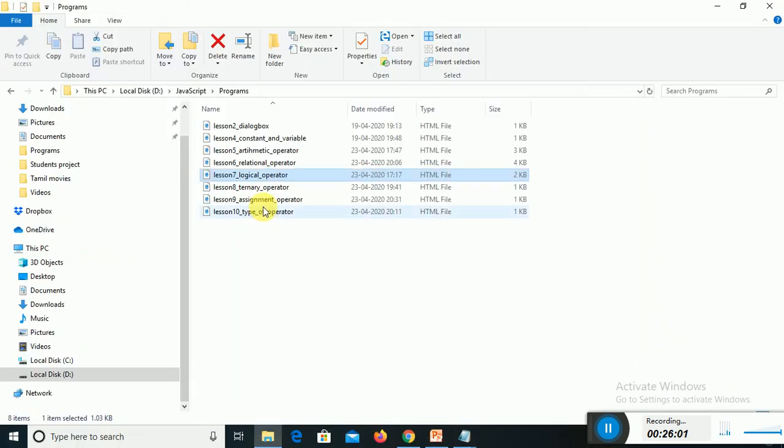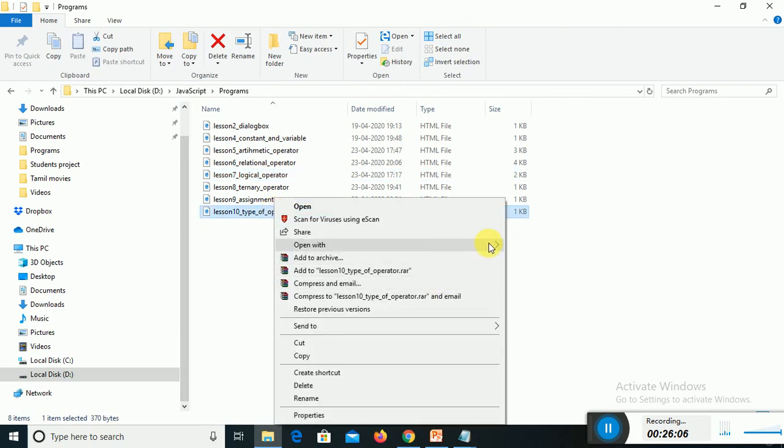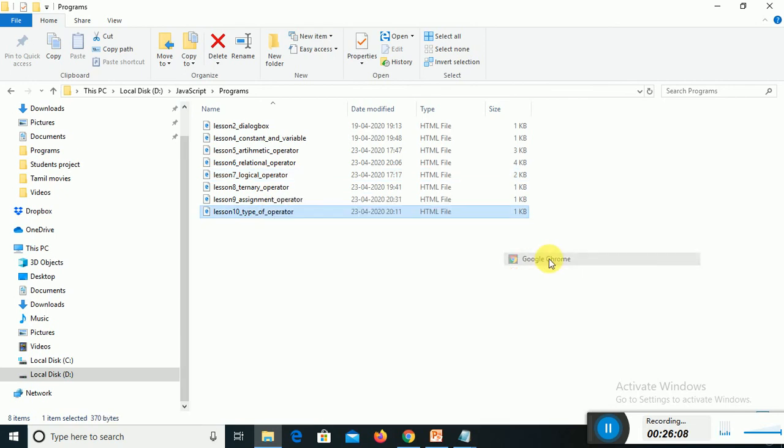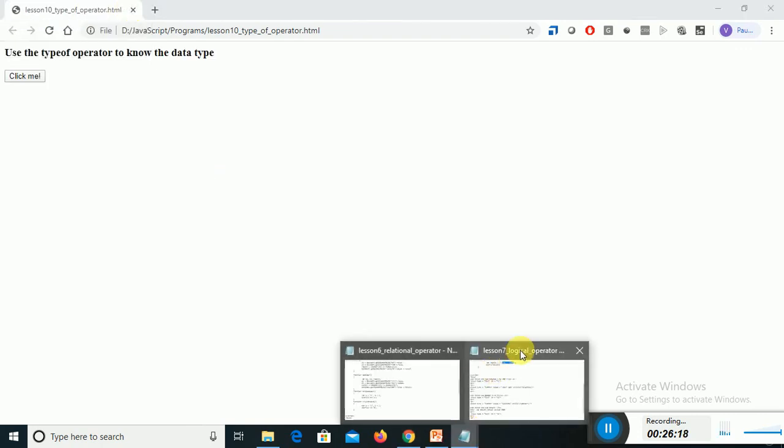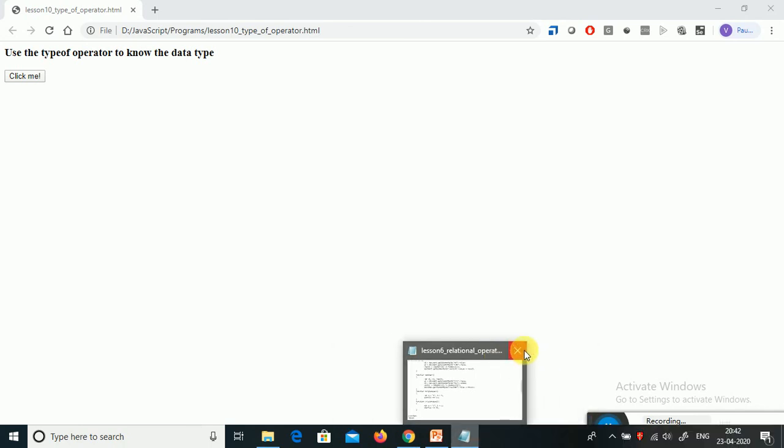For example, I am just declaring the var x now, then it is going to say typeof x. What is the value of x now? X is Venkat, it's a string. So if I click on click me now, it says it is a string. Next, x is becoming 10 now, so it is going to change to a number.